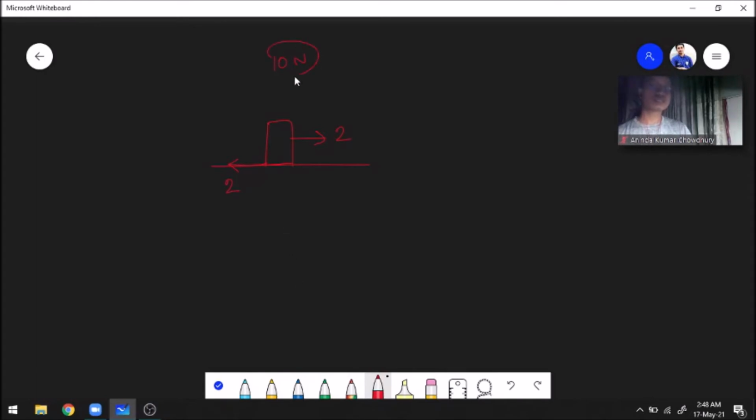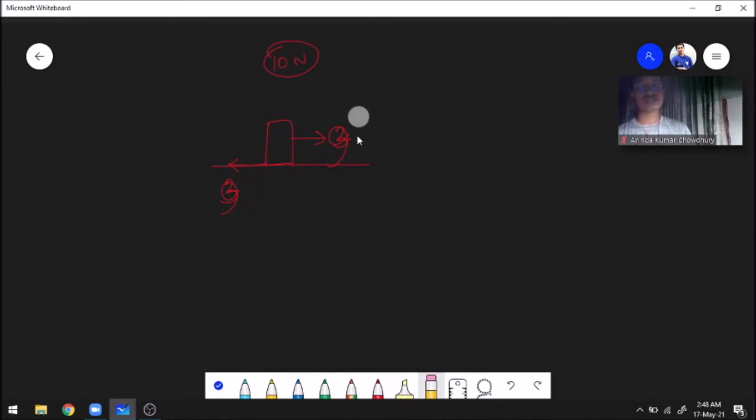Remember that the maximum friction is 10 newtons, so the surface can very easily provide 2 newtons to oppose your push. Now, if you provide a force of 3 newtons, the surface will also provide an opposing friction of 3 newtons. The object is still not moving. Now, if you push with 9 newtons, can the surface provide a friction of 9 newtons to oppose your push? Yes, it can, because it has a maximum limit of 10 newtons. 9 minus 9, 0. The object does not move.